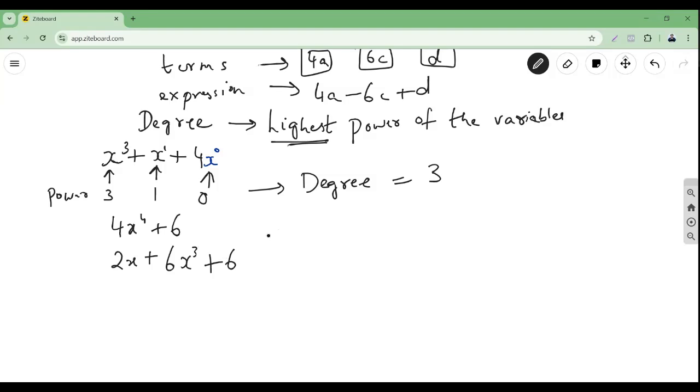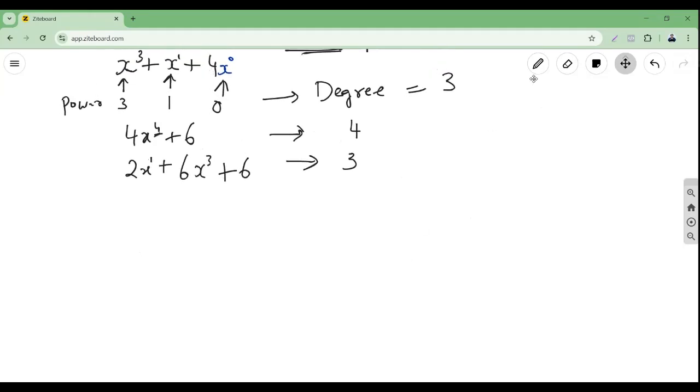Okay, now we have tried. The degree of this expression is 4. The highest power is 4. And here, though it says 1 and 3, the highest power is 3. So the degree is 3. Okay, so now you understood what is degree. Now let's talk about one more terminology called monomial,